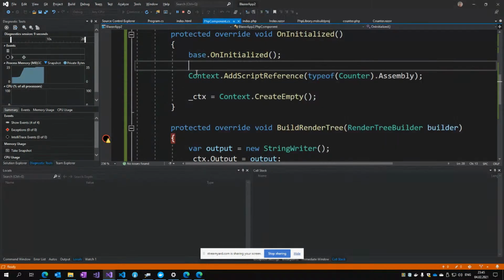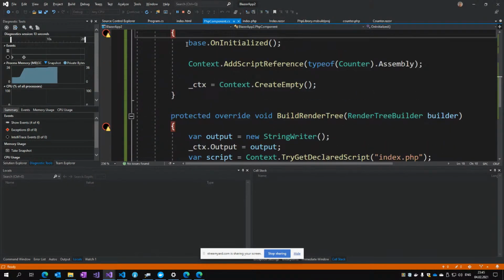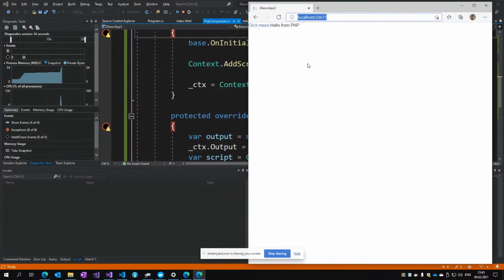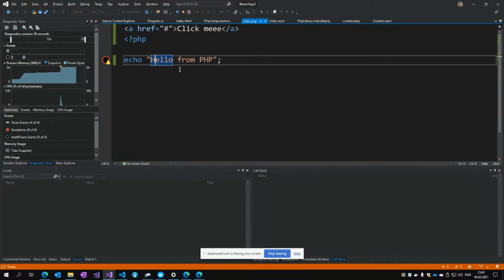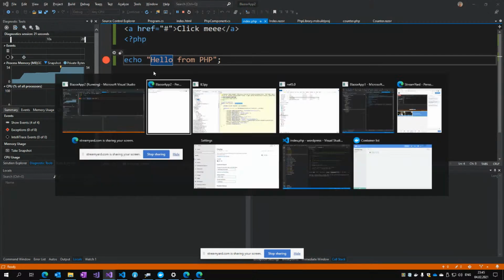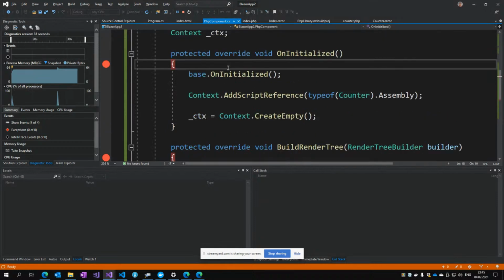So we should see those initializing stuff happen, and oh, it's already there. It was fast. Yeah, because the breakpoints are bound afterwards. So okay, now we have it. If I refresh the page, it's there. So this is the output from the PHP, and